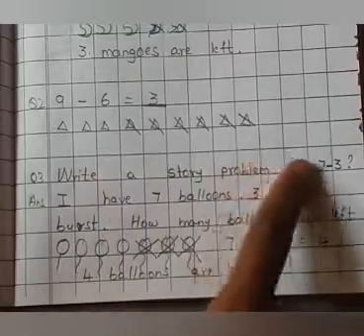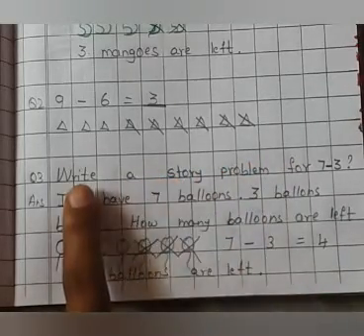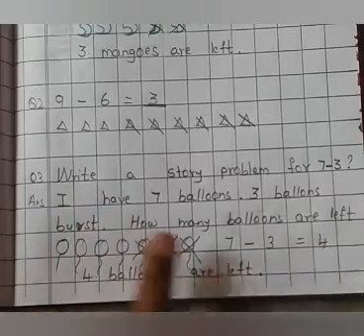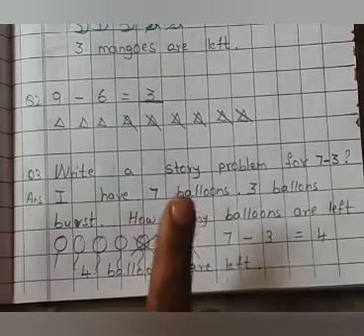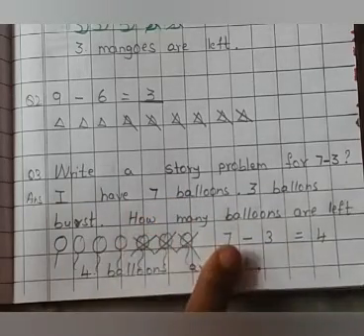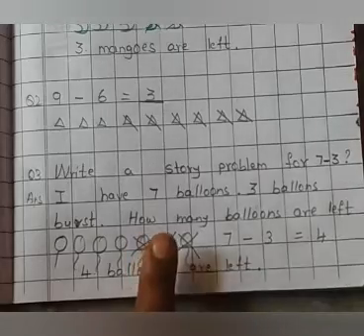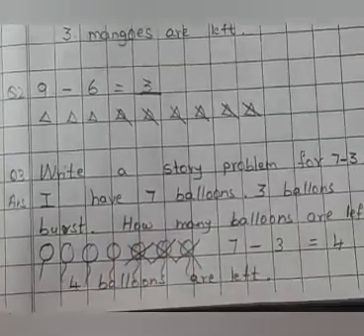Whenever you get a story problem like this, in addition also it is there, in subtraction also. Okay, so you have to create a story like this. Okay, children, you practice this twice, children, you will get this. Okay, after writing, read it twice. Fine, children. So this is a story problem. Write neatly in your classwork books.